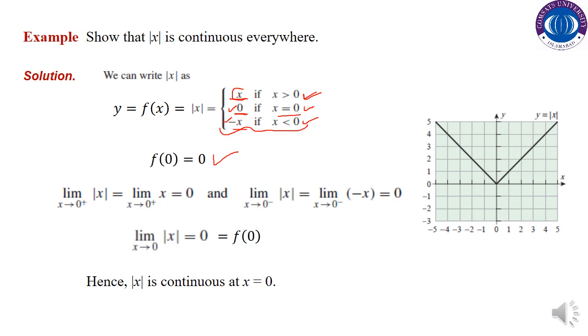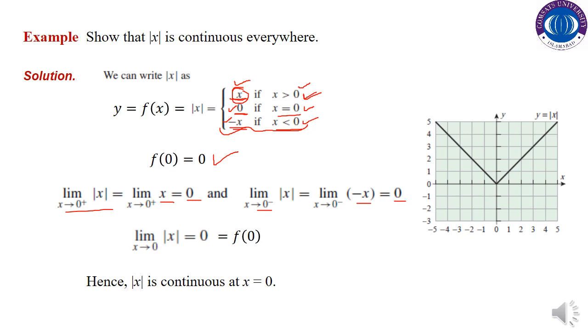सेकेंड प्रॉपर्टी क्या है, लिमिट ऑफ द फंक्शन एग्जिस्ट। ठीक है, तो फंक्शन की लिमिट एग्जिस्ट करनी चाहिए। पहले हमने राइट हैंड लिमिट फाइंड की। फॉर द राइट हैंड लिमिट वी हैव द फंक्शन x, because for the right hand limit we have to take the values of x greater than 0। So for x greater than 0 we have function x। हमने x यूज़ किया, इस पे आपने लिमिट अप्लाई की तो आपके पास राइट हैंड लिमिट 0 के इक्वल आ गई। नाउ लेफ्ट हैंड लिमिट, इन द लेफ्ट हैंड लिमिट you have to discuss the values of x less than 0। So for this we have the function minus x। माइनस एक्स पे हम लोगों ने लिमिट अप्लाई की तो वी हैव लेफ्ट हैंड लिमिट ज़ीरो।